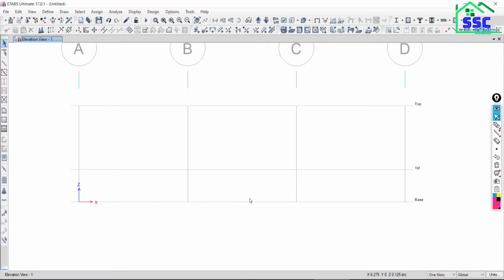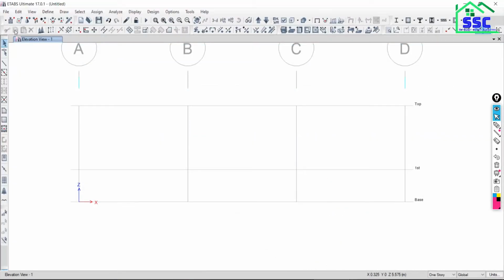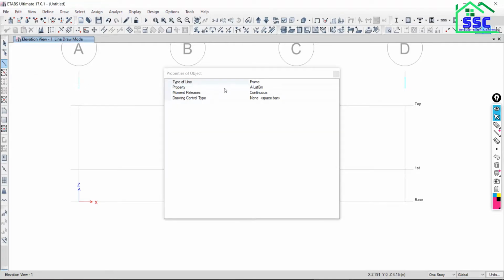Now start modeling your truss. Each of these members you have to model. So go to beam, draw beam. Here at the left ribbon you will find the draw beam option. Just click on this. A new dialog box will open up. There are too many things here. We will discuss all these after some time in the next exercise. Right now we don't need to see.